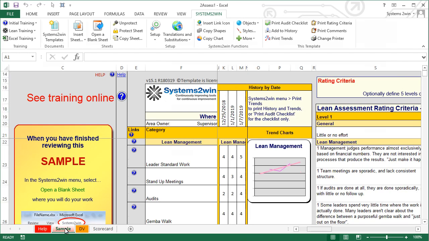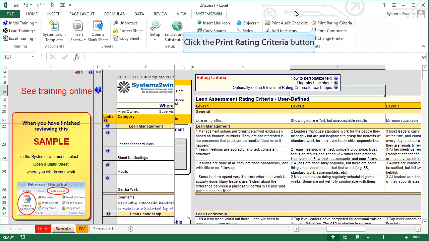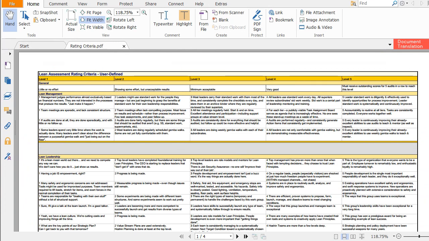And notice that just to the right of the charts, there is a section where your leaders can define what are they looking for a level 1, 2, 3, 4, or 5. And if you click this button, then that will print a sheet of your assessment criteria that you can carry with you on your clipboard along with your printed assessment form.